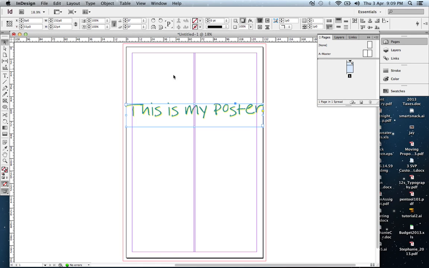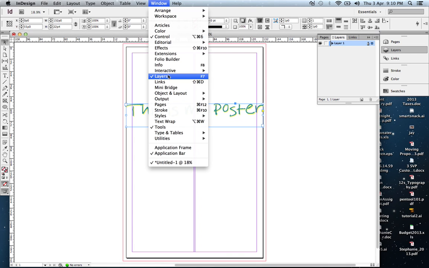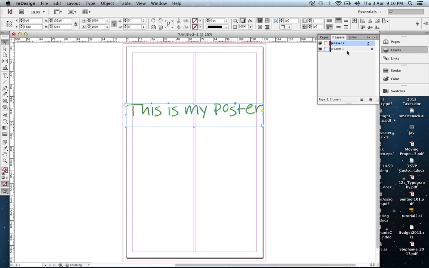To add a background, you need to make sure it goes behind your text. So in your layers, and if you don't see it here, you go Window, Layers. You just add this new layer icon, you click, and put that layer behind your text. Now I'd like to have